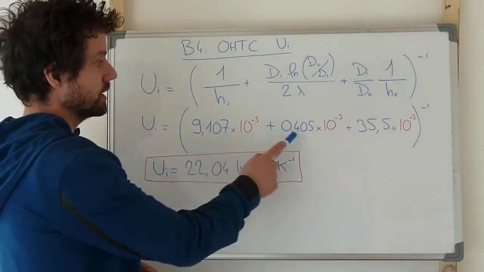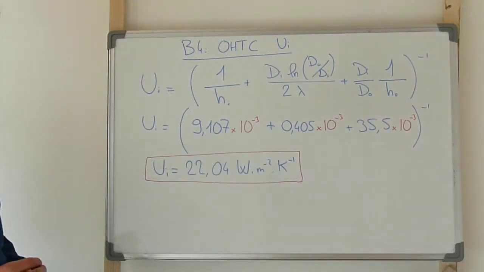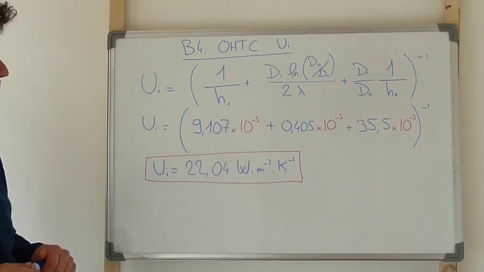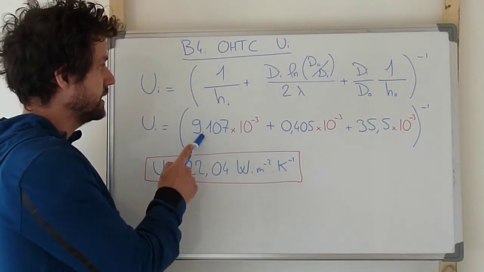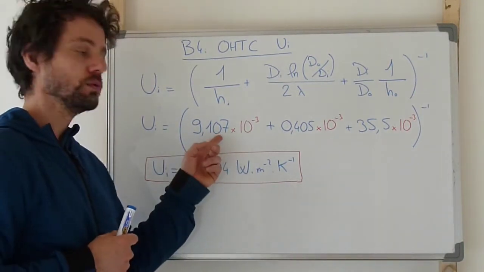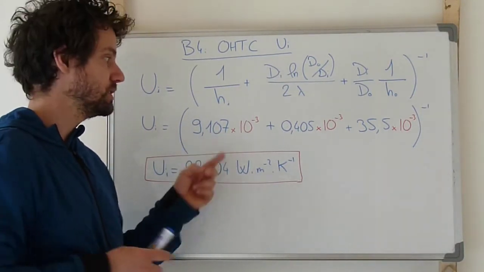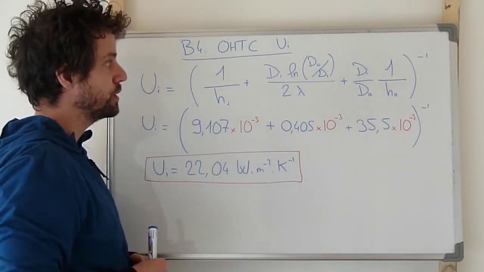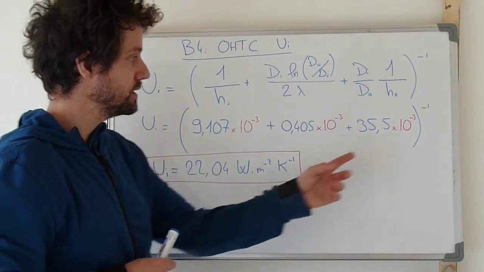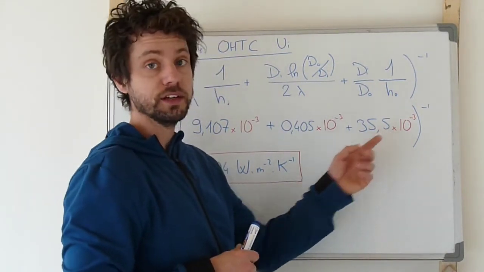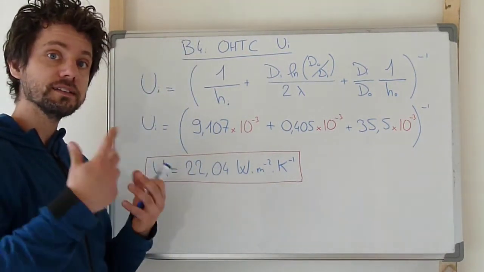Here we can see that they are all multiplied by 10 to the power minus 3. We have about 9 for the inner, so water side convective resistance, 0.4 for the conductive thermal resistance, and 35.5 for the outer, so the gas side